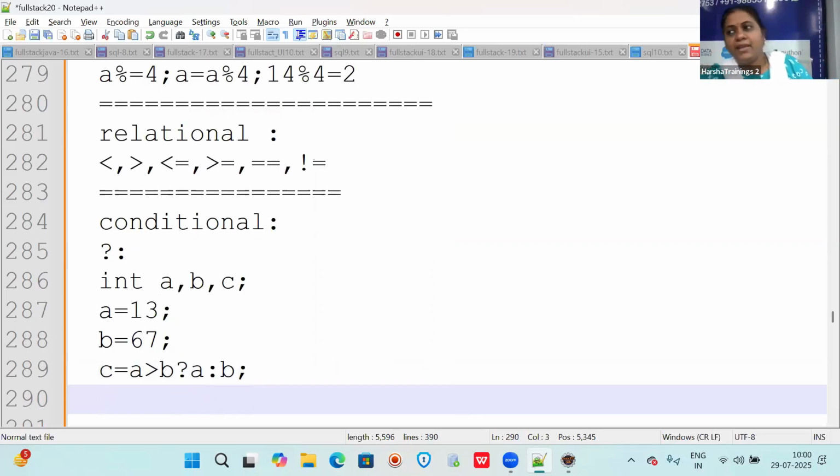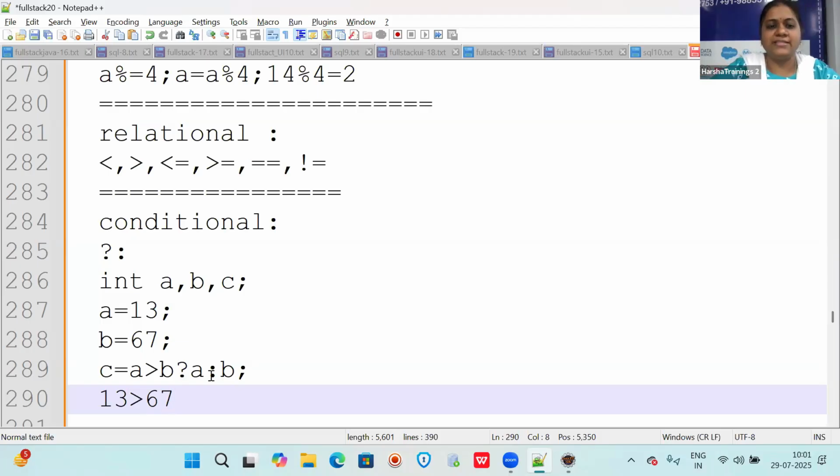That means it will check now a greater than b. It will check 13 greater than 67. Is it true or false? False, correct.